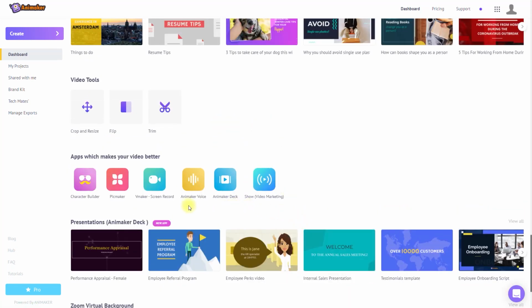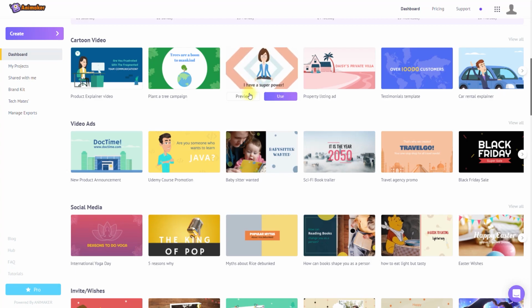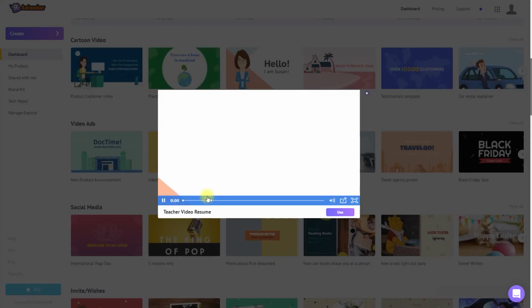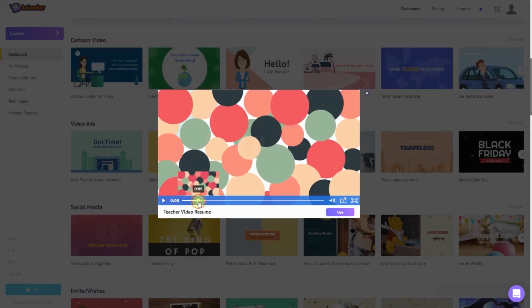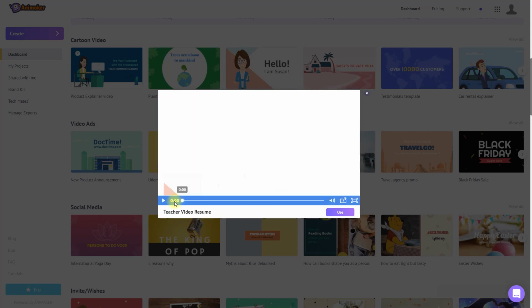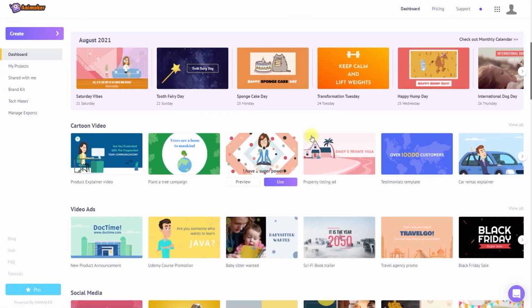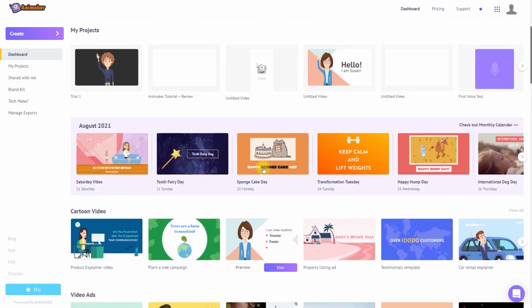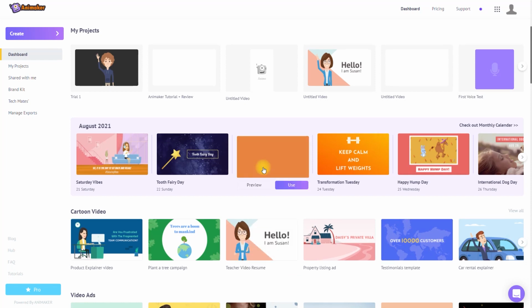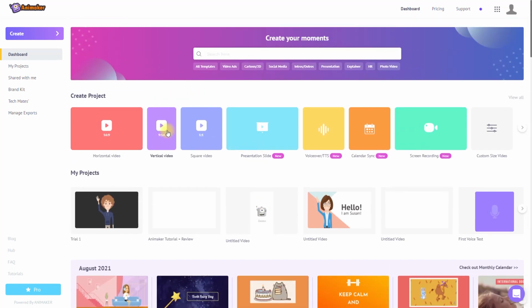These are all pre-built templates that are organized by Animaker, so you can preview them by hovering your cursor over it, and then you can click on the preview button to actually preview it with the music. Then if you want to use this and modify the template to your liking, you can click on the use button, but we'll not be using a pre-built template for now. That is for another video. We'll be creating our own template from scratch to test things out and see what Animaker can do for us.